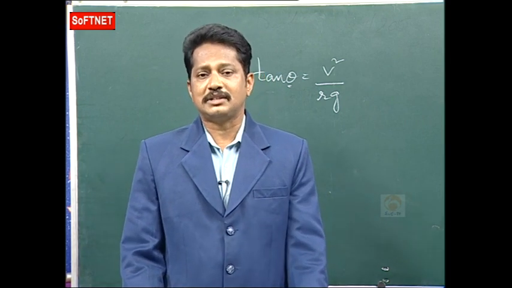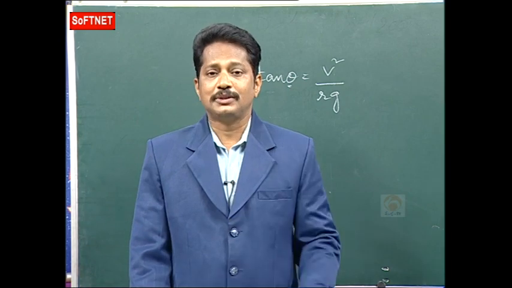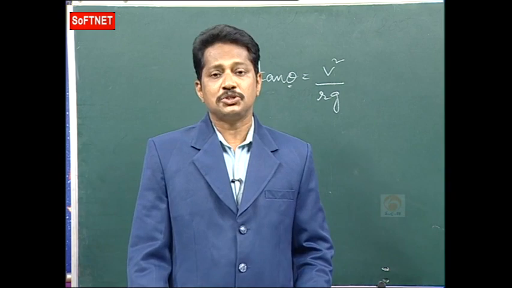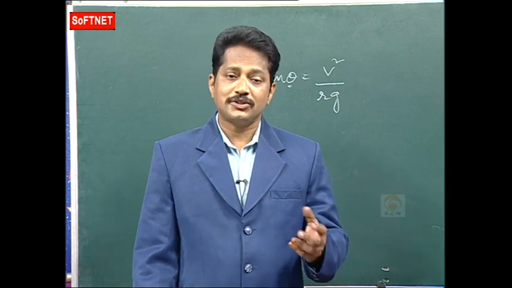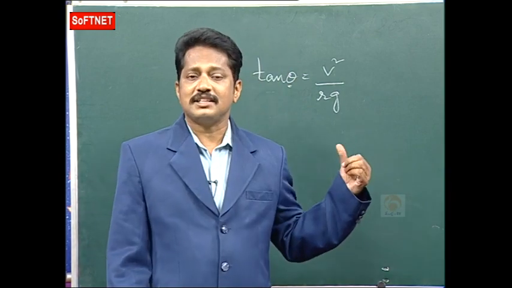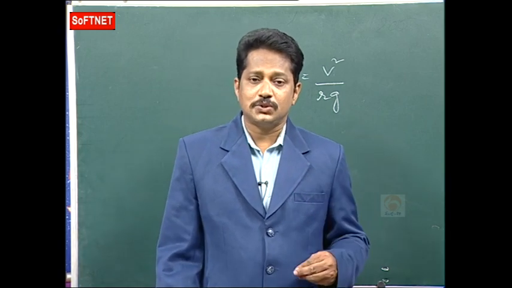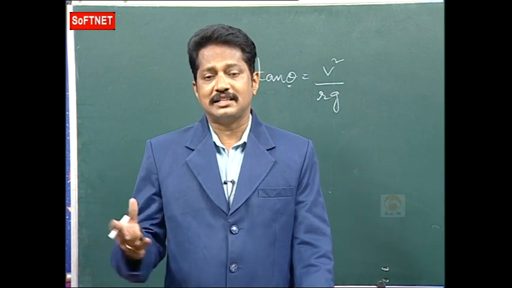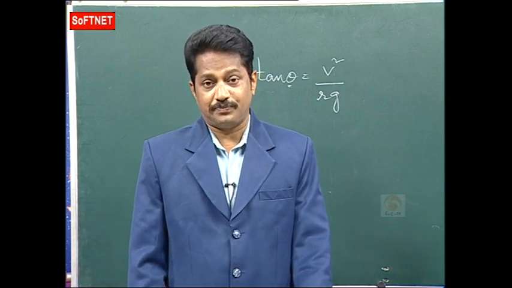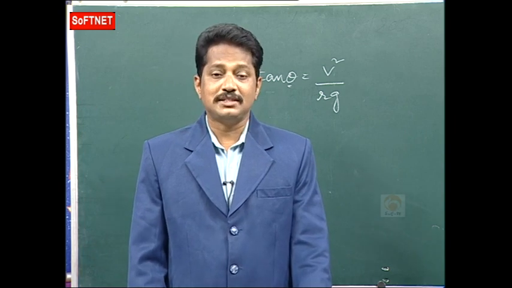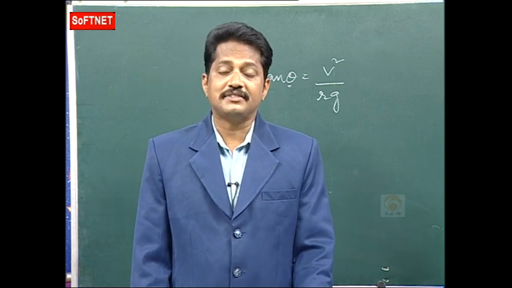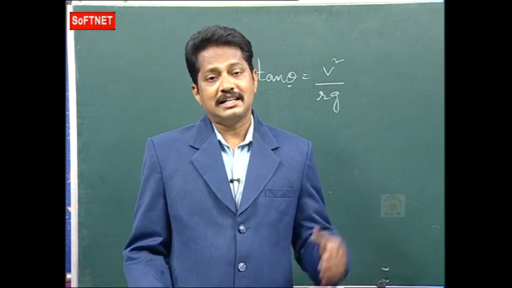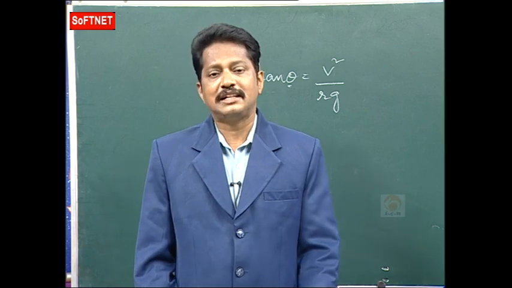For example, if you travel on the Tirupati Ghat roads, you have to take some care. You have to take a larger radius of curvature and the velocity should be less. How are you going to say this? Because tan 0 is 0, tan 30 is 1 by root 3, tan 45 is 1, tan 60 is root 3, and tan 90 is undefined. Tan 0 is 0, tan 30 is 1 by root 3, which is less than 1. Tan 45 is 1. Tan 60 is root 3, which is 1.732, which means as the theta value increases, the value also